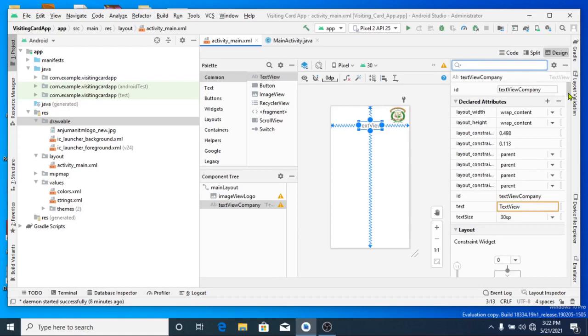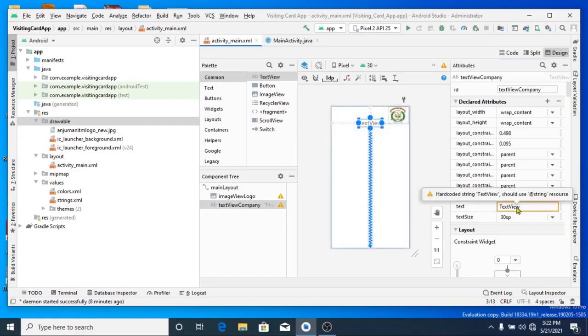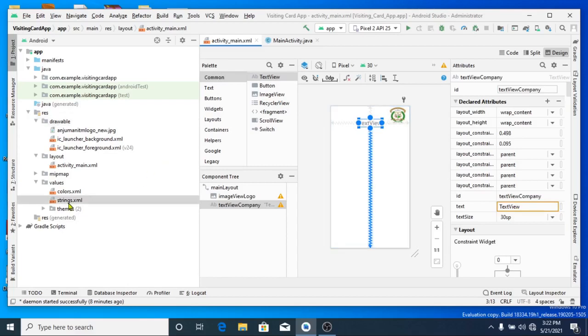Now, I can change a lot of other things, but the foremost thing is what text you want to display. It is available here in the text. Presently text view is shown, but what do you want to show there? The company name. You can take it as AITM Bhatkal. For that you can directly type here, but hard coded strings are not entertained. The correct method I will tell you now. You follow it for the rest also. Come to strings.